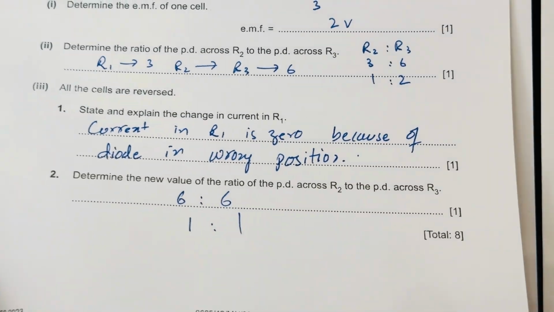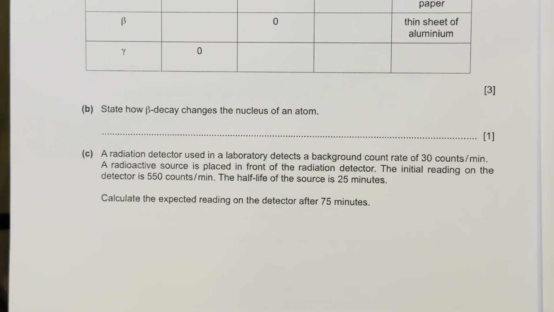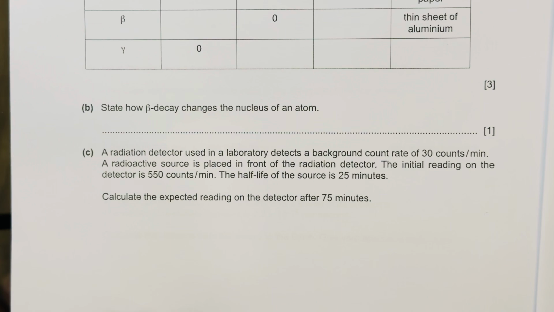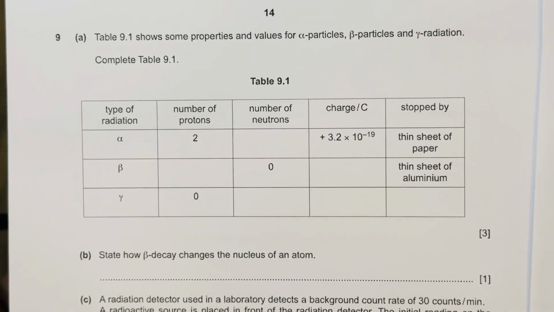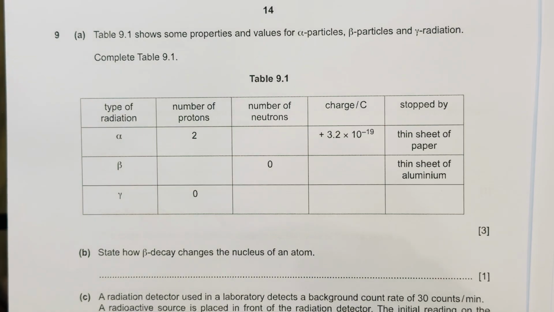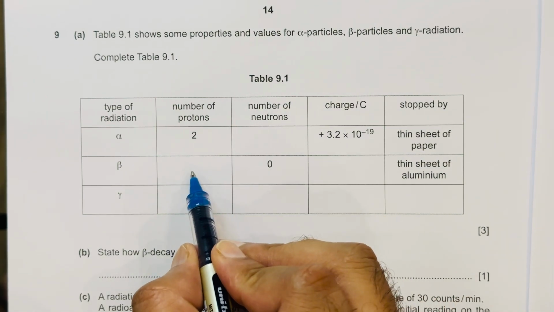This was our question number 8. Moving to the second last question, question number 9. Question number 9 is from the topic of radioactivity. Table 9.1 shows some properties and values of alpha particles, beta particles, and gamma radiation. Complete table 9.1. Alpha particles is 2, 0,